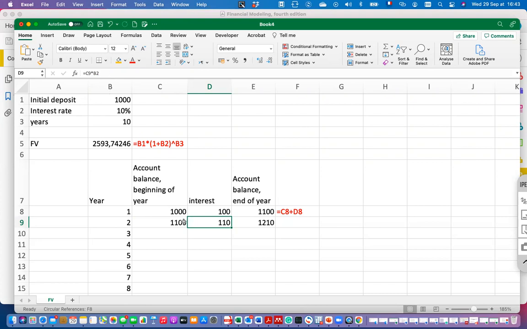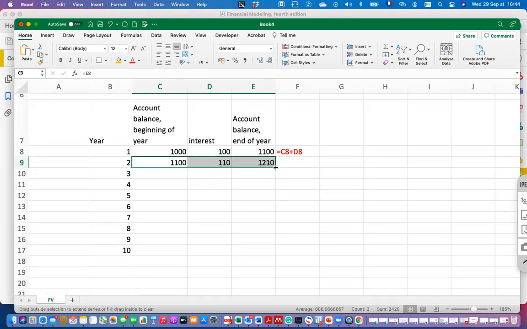Now, I will select, so I will scroll it down for the second year. See, it's equal to C9 times B2. So Excel has changed the account balance at the beginning of year from C8 to C9, but it kept the interest rate constant. ما غير البالانس بس ما غير الانترست وبس. شو نسوي بعدين؟ So we select the second row,